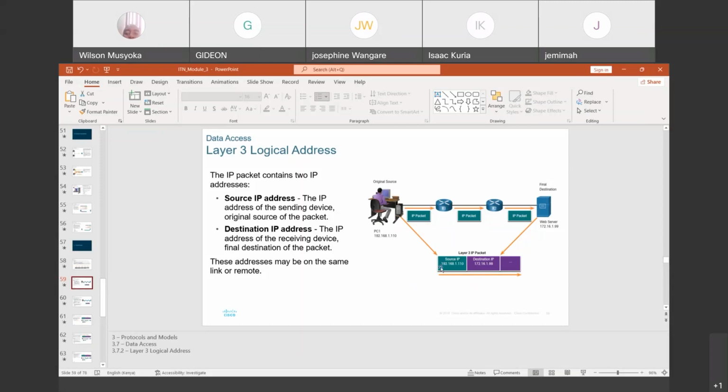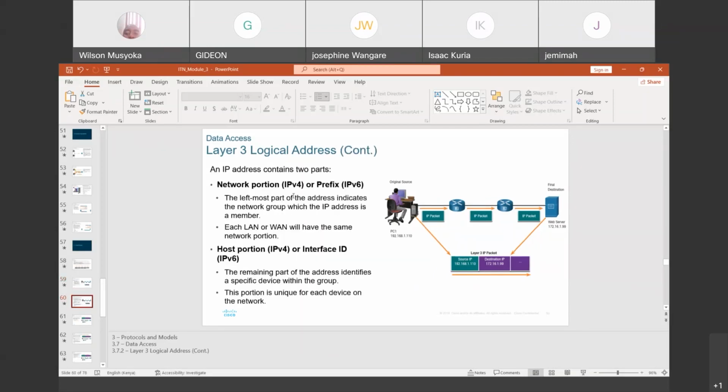So if they are on the same network, the IP addresses could have been similar, maybe on the same class, and then after that, what could be differing is the host IP address. But when you look at the first or second or third octet, you can be able to tell which class of network address that is.